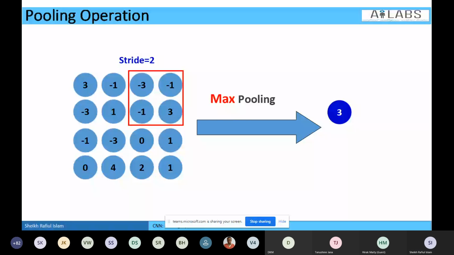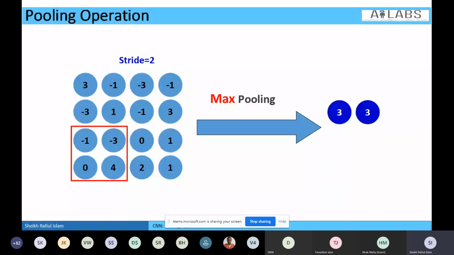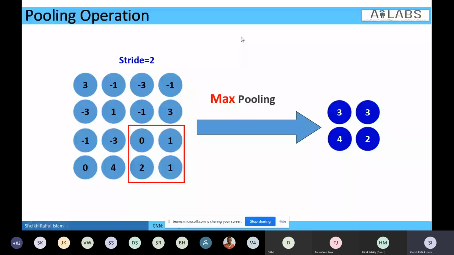That will come to the output. Again, that is 3 here. So in this way, we will have this output if we perform max pooling using this 2 by 2 window with stride 1. So these are the main two operations that you need to understand.